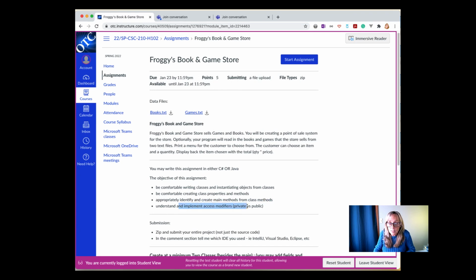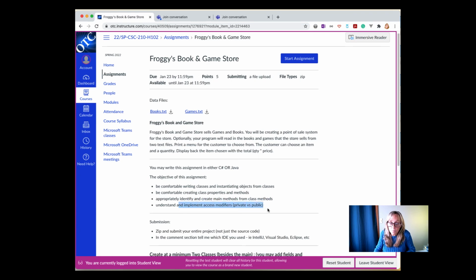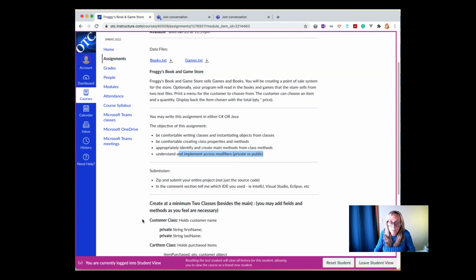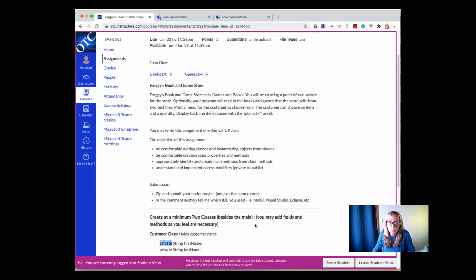To understand and implement access modifiers. What I mean by that is, if you're writing, for example, a class, and I tell you to make this class private, what is the difference between that and how do you get to that data member as opposed to something that is public, for example? So the purpose of this assignment, again, is just to make sure that you're comfortable and warmed up with this object-oriented programming paradigm, because we use it a lot in this class, and if it's something that is just not your strong point, now is the time to get comfortable with it this first week, or review it.